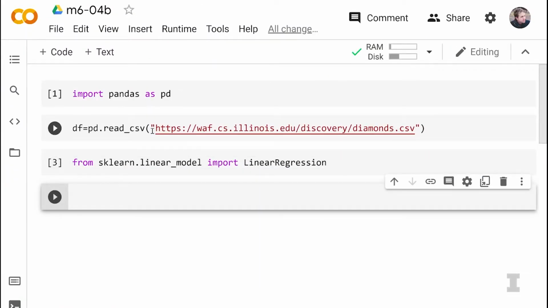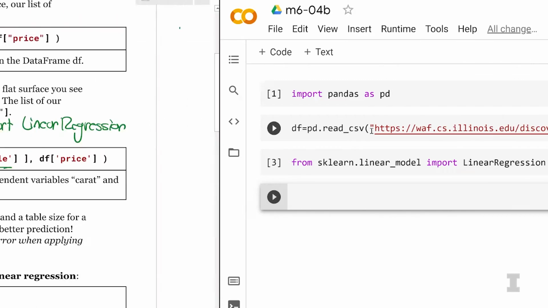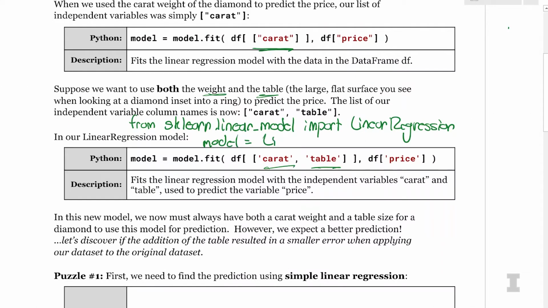Yes. Awesome. And then I'm going to create the model by saying model is equal to LinearRegression with no options, so open close parentheses. Got it. And now I can go ahead and fit my model. In model.fit, I'm going to have df at, and then I need to list all of my independent variables. So here my list is going to contain carat, and it's going to contain table. The two different variables that I think may help me predict the price.